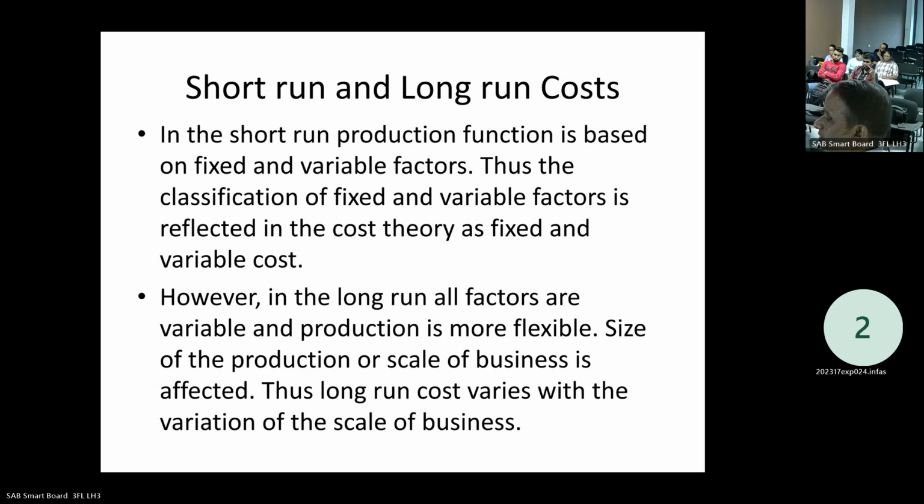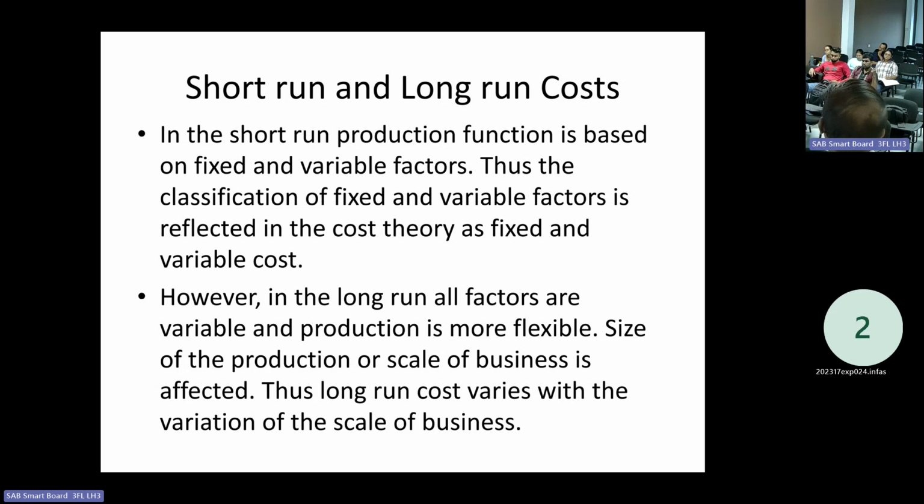So with respect to the long run cost, that explains the scale of the business in the long run. So we take the long run total cost. Basically, the most important thing is long run average cost. That also explains the cost variation with respect to change in the scale of the business, because we expand the business